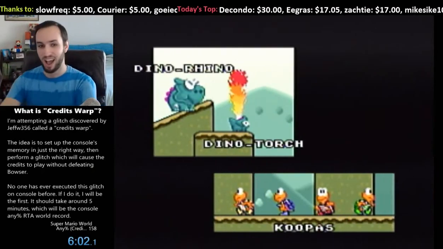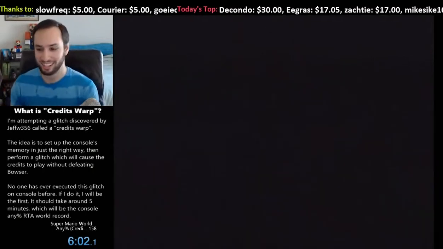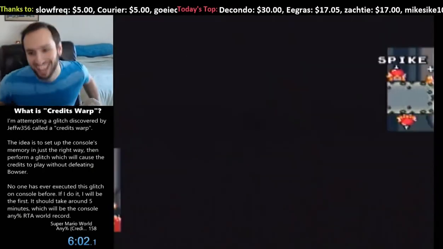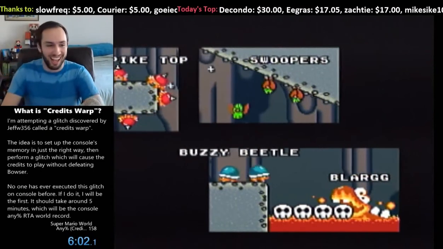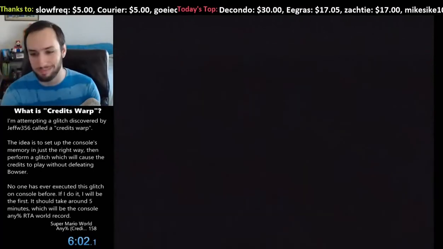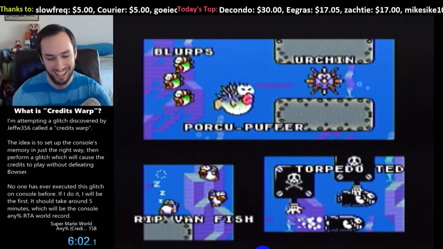The glitch is really technical. It involved him disassembling the code and figuring out exactly, you can look how excited I am on the camera, exactly how to manipulate the memory in just the right way to run the code that would play the credits. And it's a very difficult glitch to pull off. It took me quite a few tries. This is my, you can see on screen,